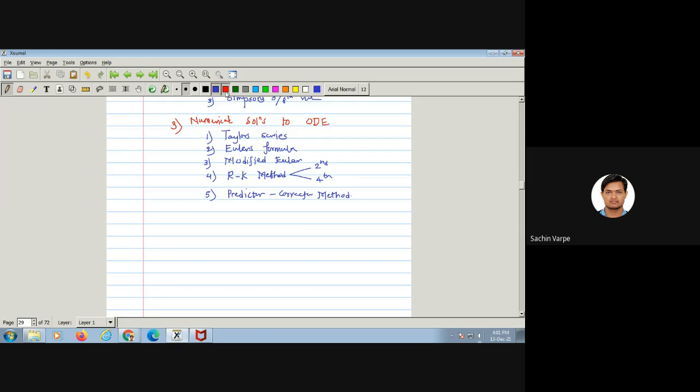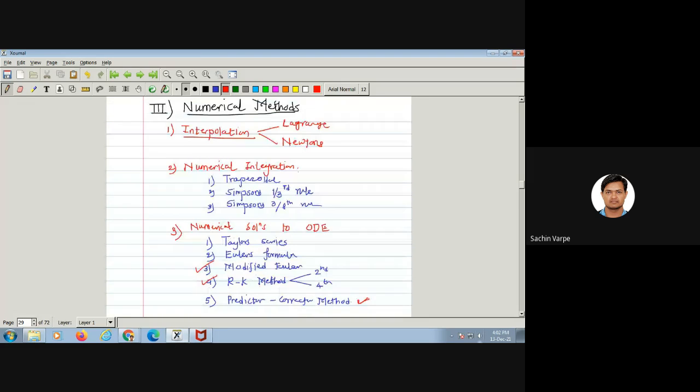So definitely there will be a question on modified Euler and RK. Because the earlier first two, Taylor's and Euler's, are the basic methods. Rarely there were questions on these 2 methods, and even the predictor corrector method is newly introduced into the 2019 pattern. So the modified Euler and RK method are very, very important. It doesn't mean that there will be no question on Taylor's and Euler's. It doesn't mean that on predictor corrector method also the question may not be asked, but these are the important points from the numerical methods we have discussed. Okay, unit number 3.